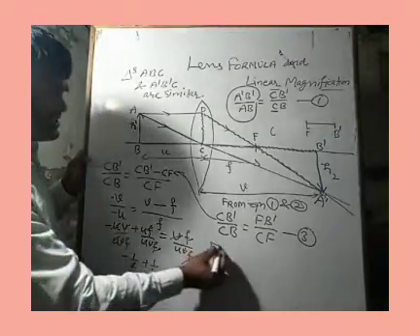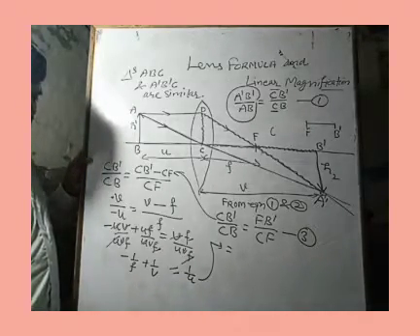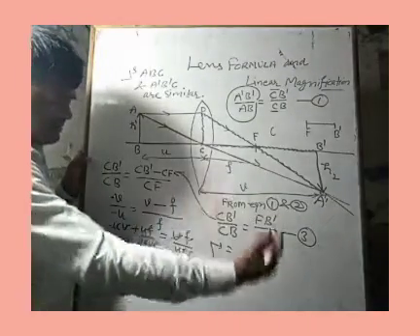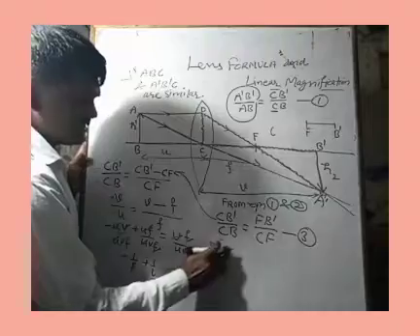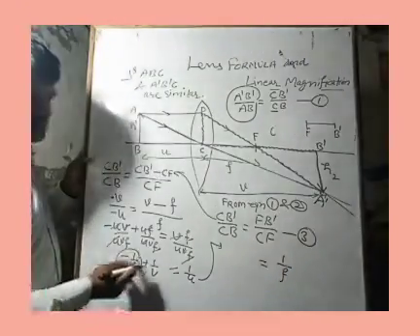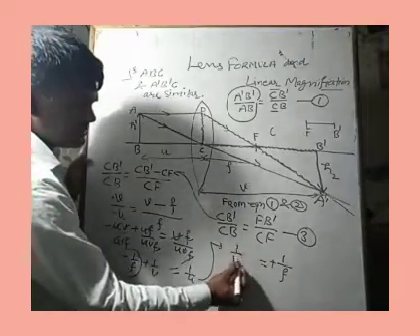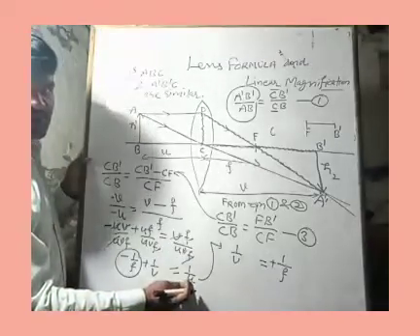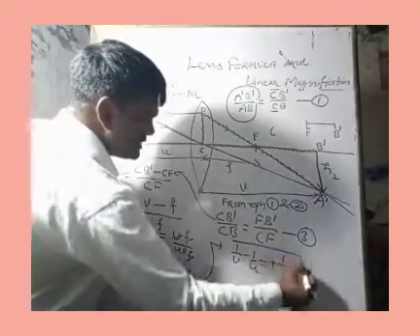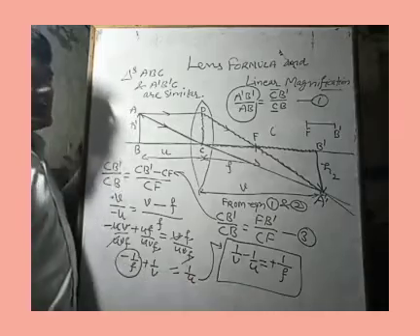So rearranging this equation, I hope you are able to observe that 1 by F goes to the other side. It was a negative sign, it will become positive. 1 by V, let 1 by V be here only. This 1 by U is positive, when it comes to this side it will take the minus sign. So this is the required formula, my dear student. This is known as the lens formula.